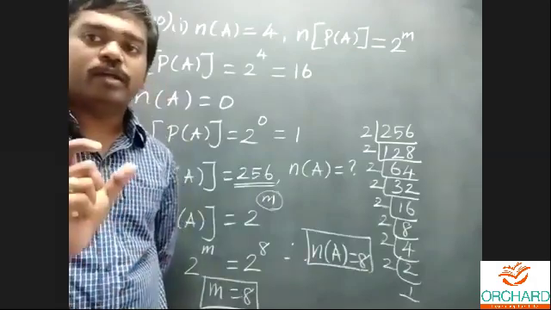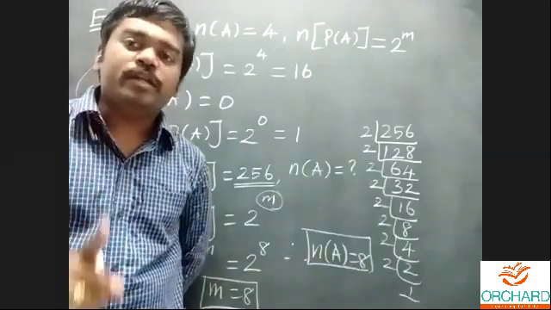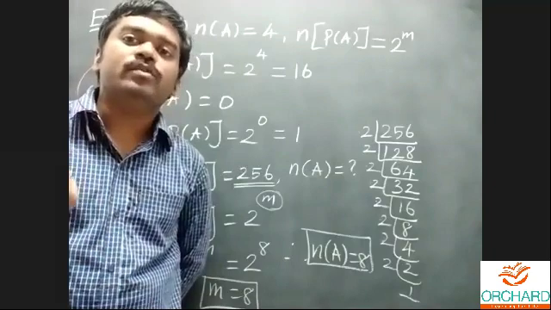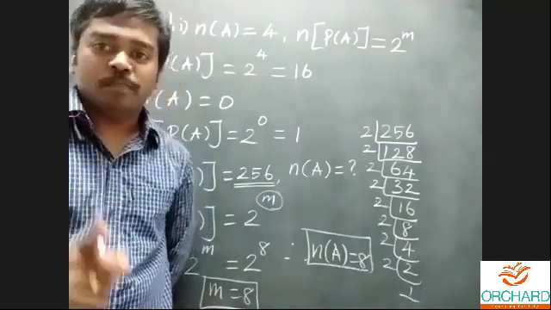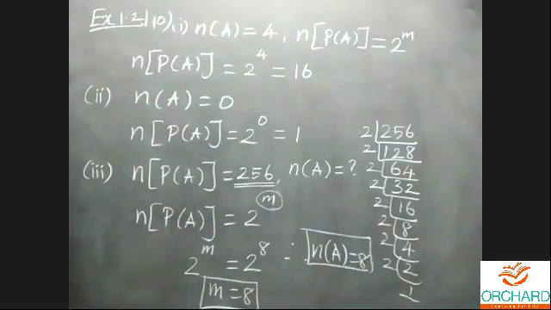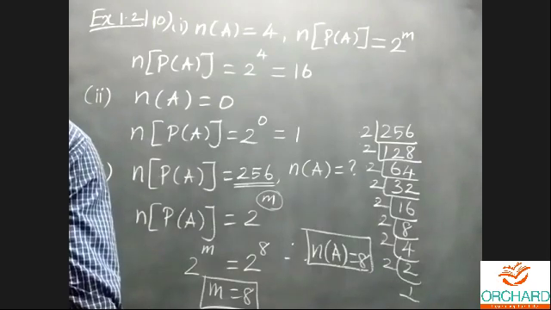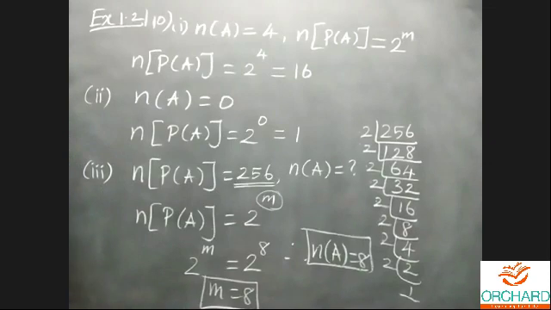Okay, this is the way you can write the definition. Define a set. Also we can give an example. The example is a must for the definition. So for all 11 types of sets, they will ask for 2 marks: define power set, or define subset, or define universal set with a suitable example. But in the examination they didn't ask define a set with a suitable example. They will simply ask define a set. We only give a suitable example for the definition.